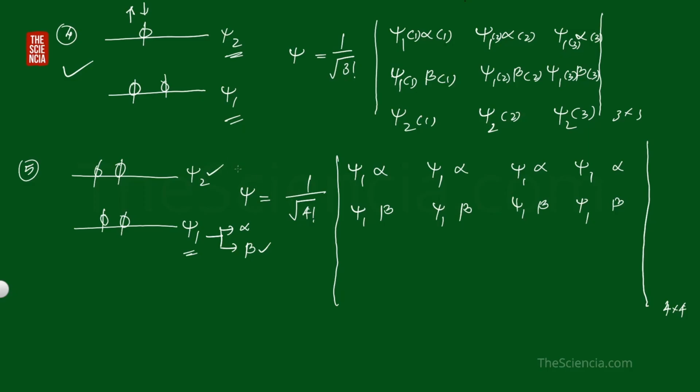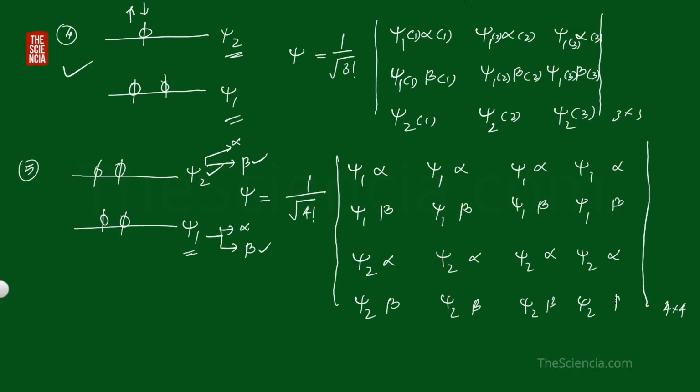Now let us consider the second one, that is psi 2. The space part is psi 2. So in psi 2 also the particle can occupy two states, either upspin or downspin. So this one is psi 2 upspin, psi 2 upspin, psi 2 upspin, psi 2 upspin. And the particle can occupy downspin also, that is psi 2 beta, psi 2 beta, psi 2 beta, psi 2 beta. And I told you in a column the particle will be the same, that is this will be the first particle,